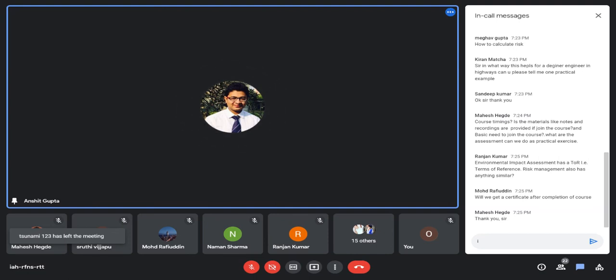For example, for a project of 500 crores, a small risk may be up to 10 or 15 lakhs. Then a minor risk will be 25 to 30 lakhs loss. Then an average risk may be around 40 to 45 lakhs loss. Then a major risk will be if it impacts more than 60 or 70 lakhs, like that. So there are terms of reference, all of which I will tell you in the course itself.